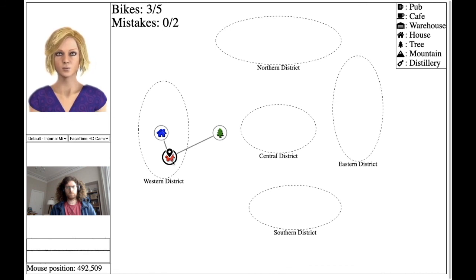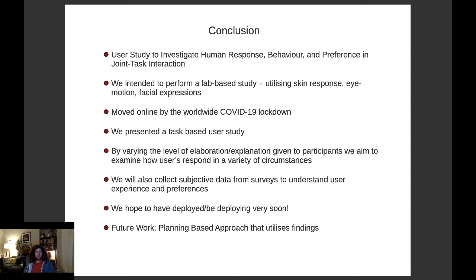Great. So in conclusion, we've hopefully started performing a user study to investigate human response, behaviour and preference in joint task interaction, and it's online, and we're capturing video stream, audio, mouse position and interaction. We've presented the design of the study in this talk,